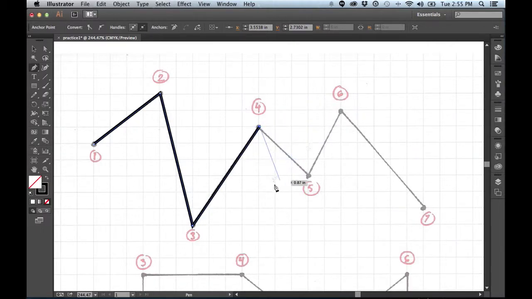This is called a rubber band, this little preview line that pops up following your pen around. It's just there to help you figure out what the lines you're going to draw look like. It's basically a visualization tool. So I click at each point where I would like the line to end, effectively in this case at each